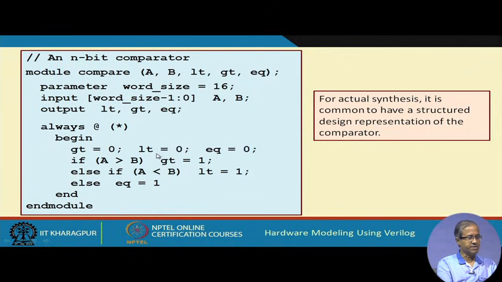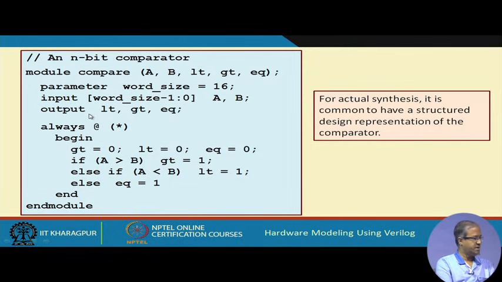So, there is another simple example of an n bit comparator. This is a pure behavioral description, where A and B are the numbers and the outputs are less than, greater than or equal to. Here again I am using a parameter where I am defining a variable size to be 16. So, A and B I am defining to be 0 up to size minus 1. So, for 16 it will be 15 to 0, and LT, GT, EQ are